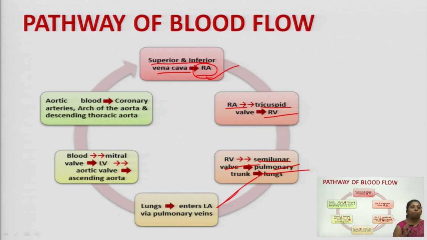So, once your blood reaches back into your left atrium, it further crosses a valve that is termed the mitral valve, and as it crosses the mitral valve, it enters into the left ventricle. From the left ventricle, it crosses the aortic valve that is present between your left ventricle and the aorta. In between these two, your aortic valve is present. It crosses it and enters into the aorta.